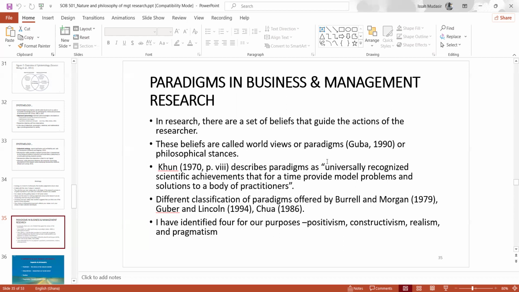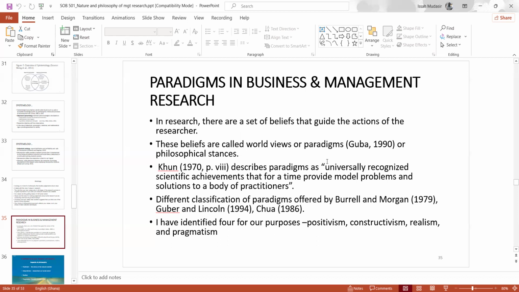Then later on, as the socially oriented disciplines began to take root, there were dissents. People attacked that positivism is not the right way to go. We are living in a world of multiple realities, so the relativism of truth. If that's the case, we cannot inquire into knowledge from a strictly positivist perspective. Then realism also kicks in, and then pragmatism.